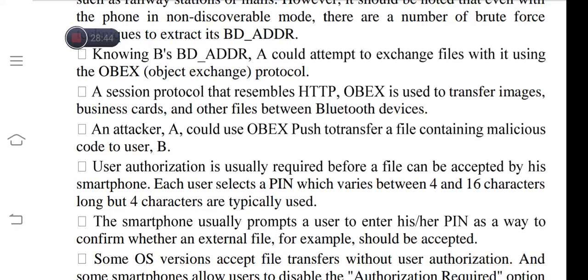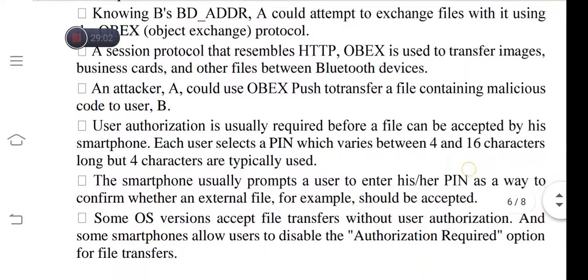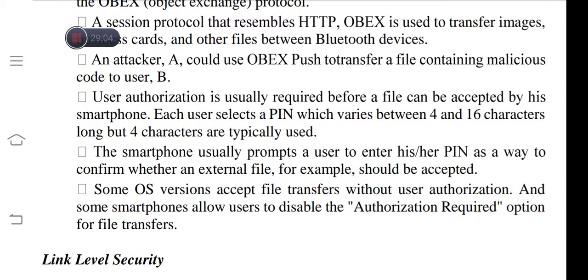Each user selects a pin which varies between 4 and 16 characters long, and usually 4 characters are typically used. That is, for authorization purposes, the B node can make use of a pin value. The smartphone usually prompts the user to enter his or her pin as a way to confirm whether an external file should be accepted or not.